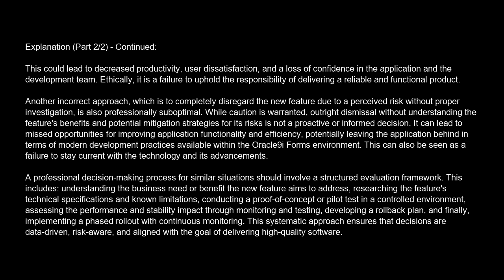This can also be seen as a failure to stay current with the technology and its advancements. A professional decision-making process for similar situations should involve a structured evaluation framework. This includes understanding the business need or benefit the new feature aims to address, researching the feature's technical specifications and